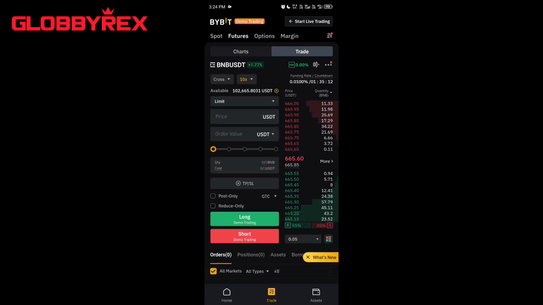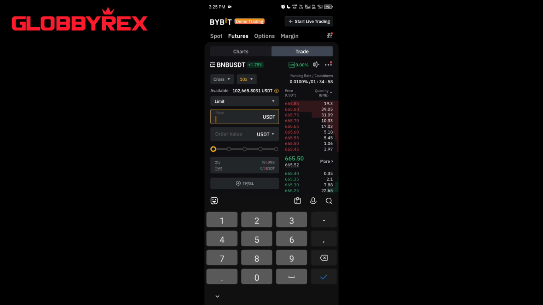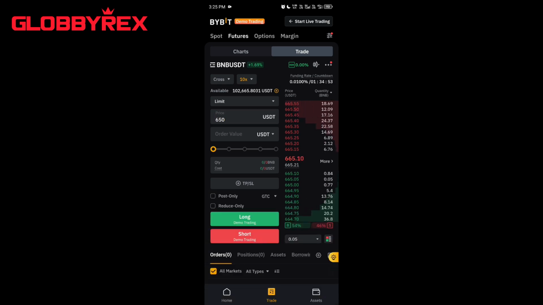So in the BNB, I'm going to be faster and not slower, because I took my time to explain slowly in the Solana. So now BNB current price is 665.50, right? Or let's say we want to buy it at 650. Okay, we want to buy it at 650. The other value, which is the position size, let's say we want to put in